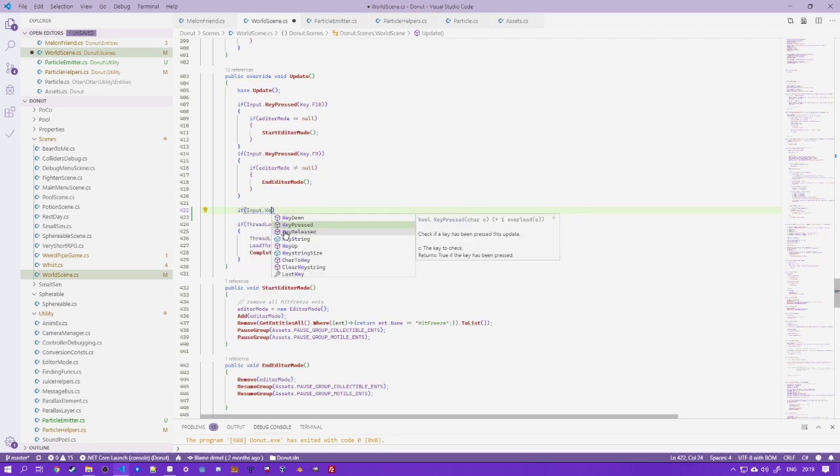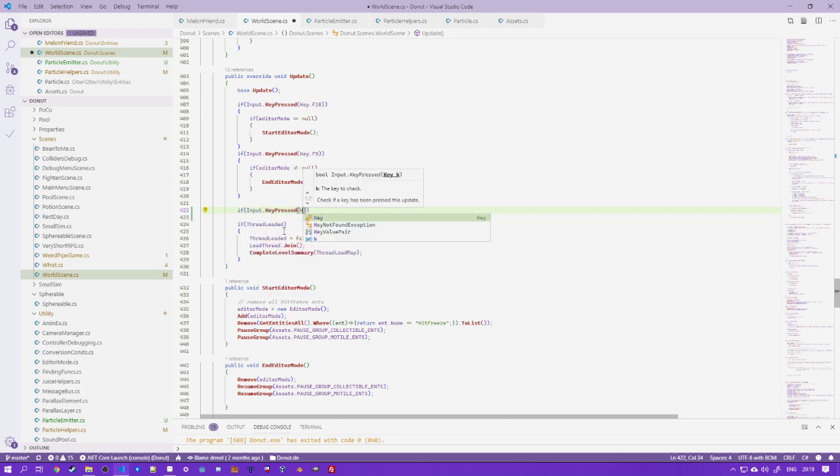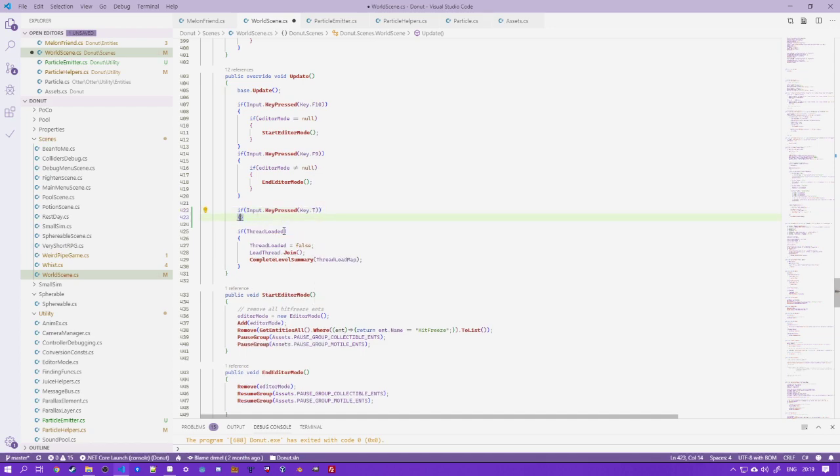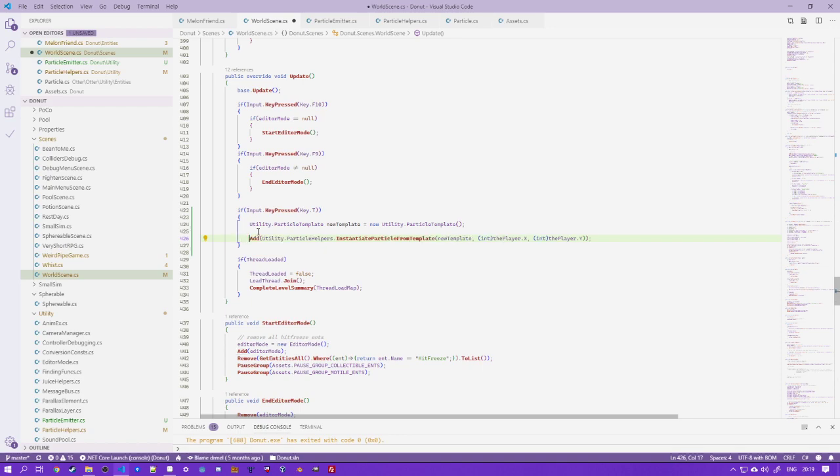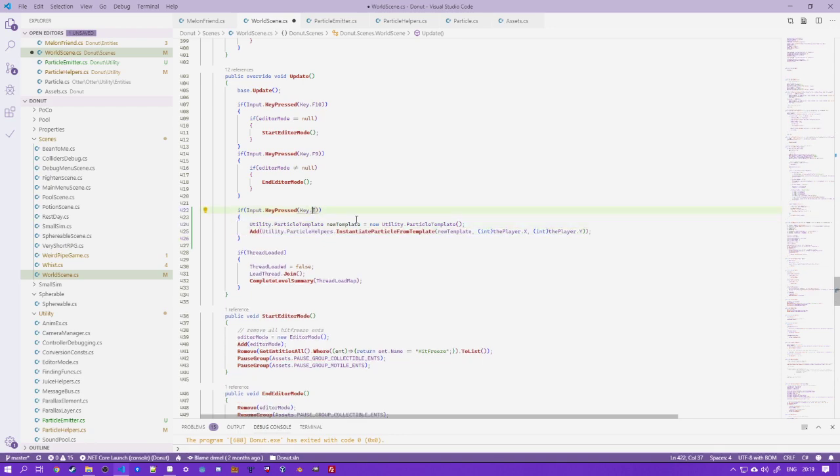I'll do like if we pressed, I don't know, the T key, then it'll make a particle. Maybe just the P key. Oh, I think I bound that to something else. I don't know. But that should just make a particle which appears in the world, spawns and dies, except it